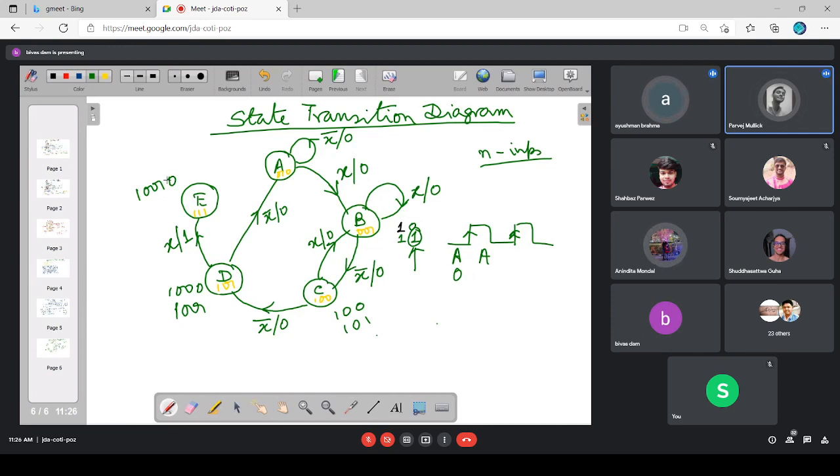Second bit of the sequence detected. Second bit টা কোথায়? C তে যাবে। If 1 comes, then first bit detected. B তে যাবে।